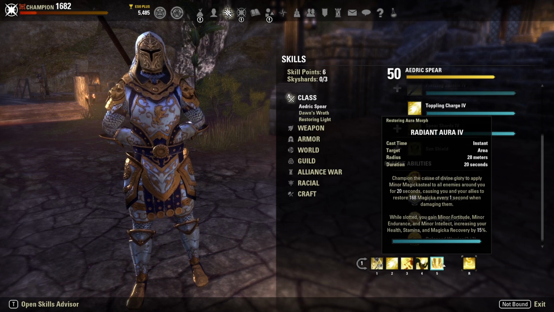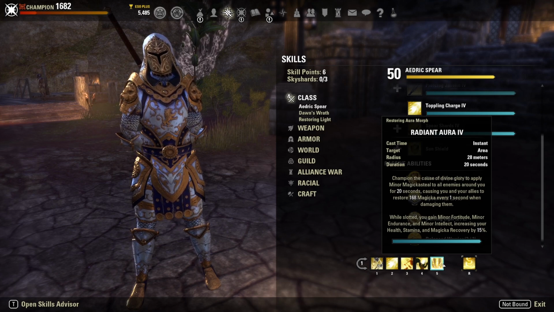I really like the skill. I do think it is very slept on and underrated, just due to the fact that we get all of those minor recovery buffs, which are very valuable. And on top of that, we get a way to get AoE free minor magicka steal. It is a ton of sustain to add to the build, and it allows me, I can run this on